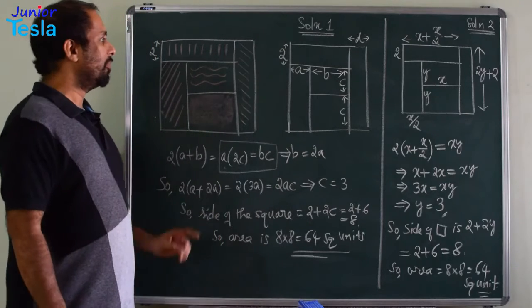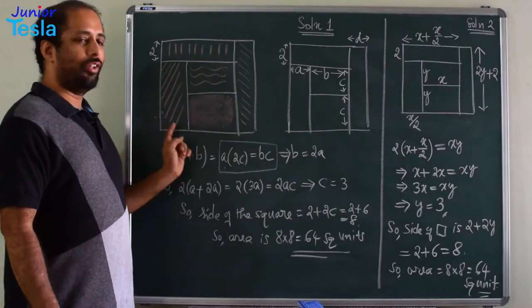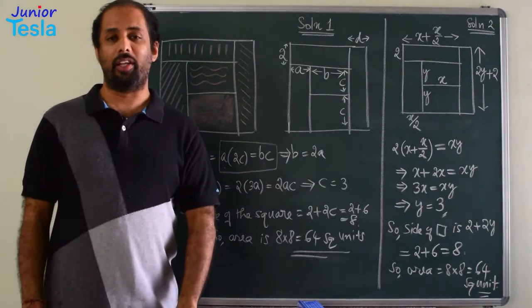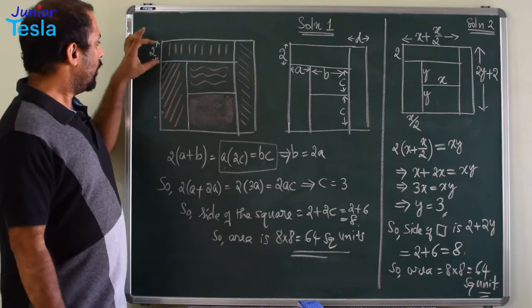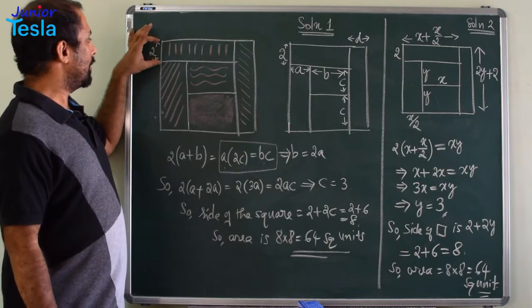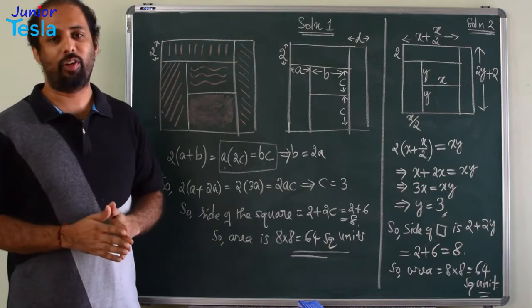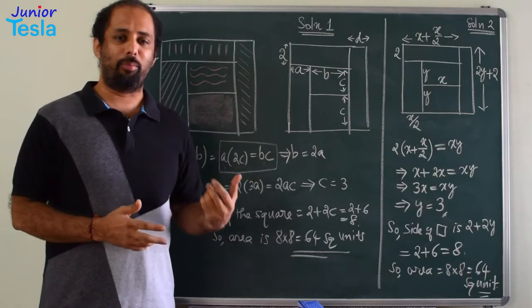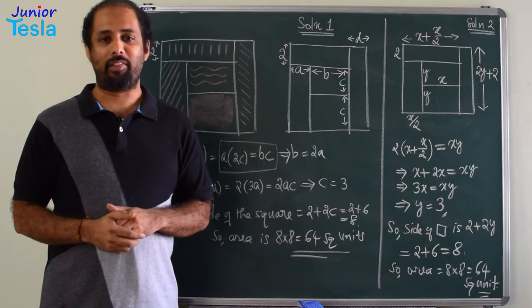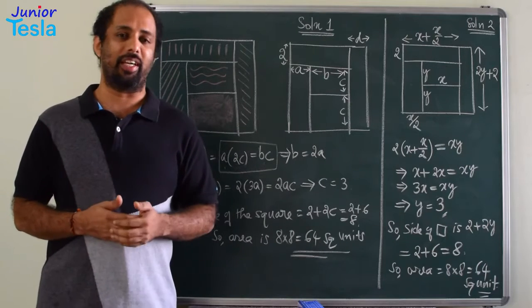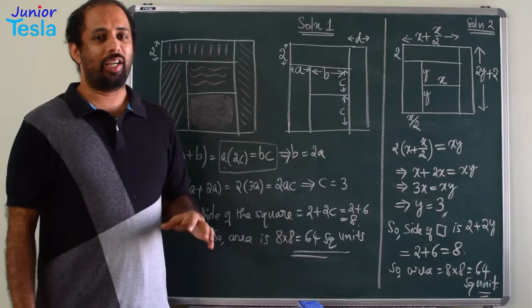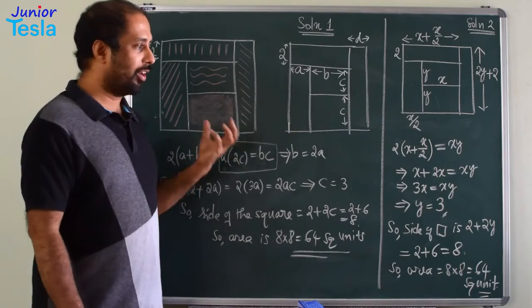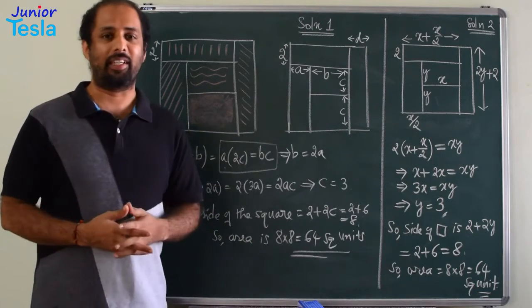There is a square divided into 5 regions of equal area, and one small unit strip is given. This strip is 2 units. We have to find the total area of the square. This particular problem had appeared in our previous episode and we had solved it using a direct method. Here we have taken the same problem and we are going to solve it using some other technique.